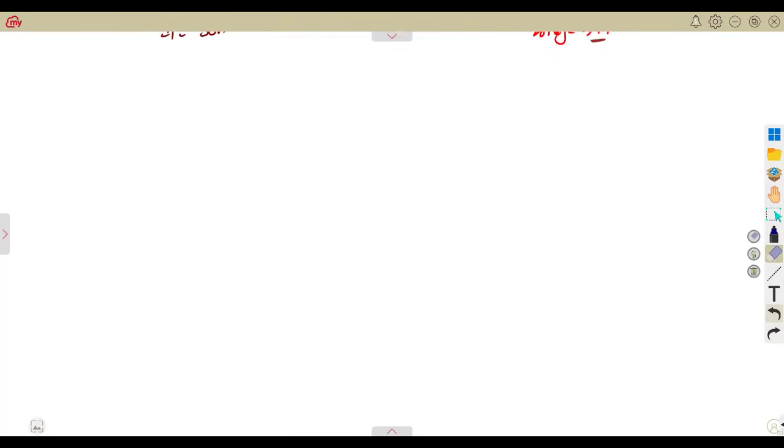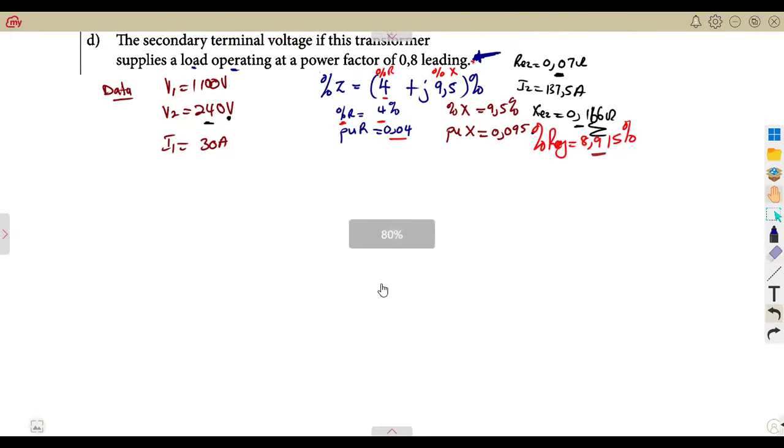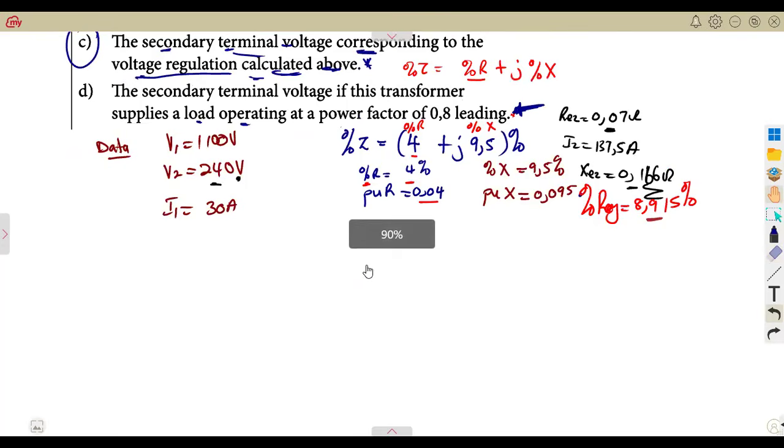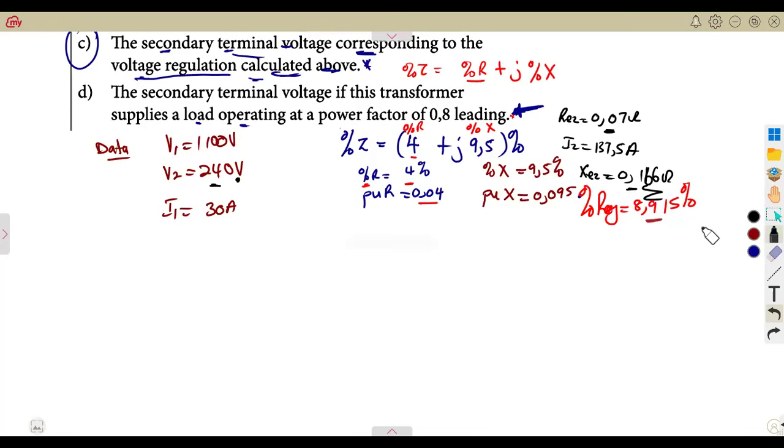So I'm just going to use the second formula since we used the first one, guys, and you saw how it can be used. So that is the D. For us to obtain this V2 new, as we are given, we are going to need V2 original into what? 1 minus per unit